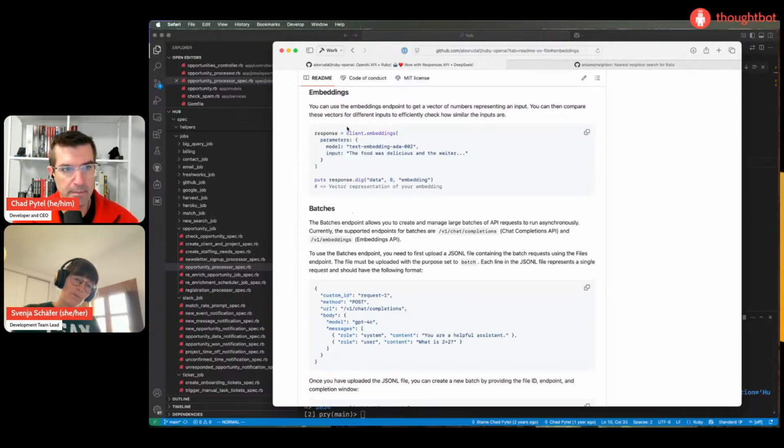That same gem has a way to generate embeddings. You say this is the OpenAI client, you do embeddings, give it the model you want and the input, and it returns an embedding. That embedding is a very large data structure of numbers. Then we're going to store that in our vector column.